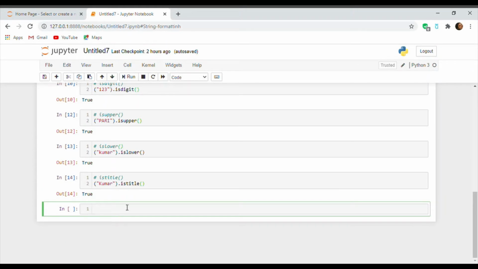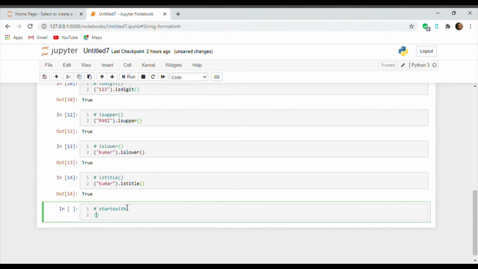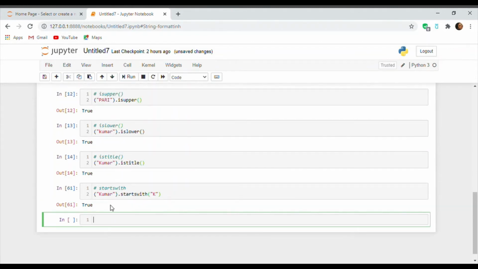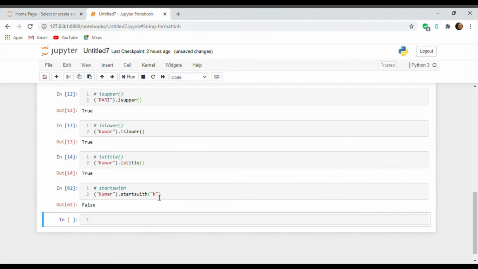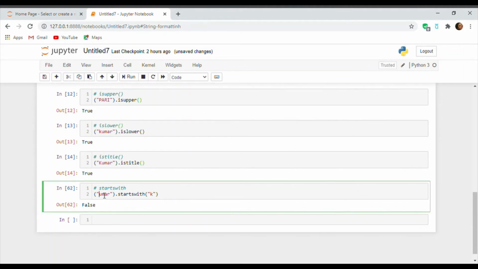Now let's come to our last Boolean string test, which is called starts with. So starts with is basically used to check if your string starts with a particular character or not. So here we are getting the output as true, and this is case sensitive. Now we are getting the output as false. Why? Because our string starts with capital K, not small k. And this Boolean string test works fine with special characters as well.